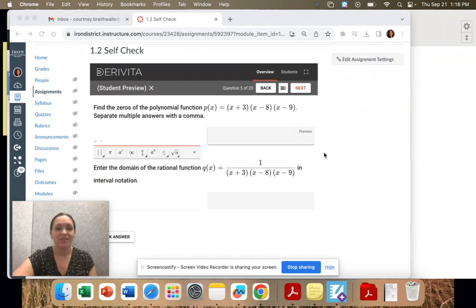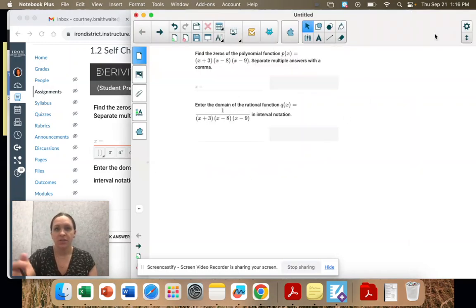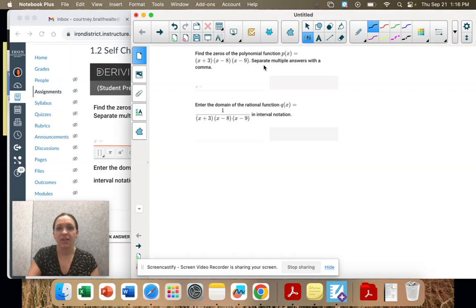Okay, 5, find the zeros of a polynomial and then enter the domain of the rational function. So I want you to notice that right here we have a polynomial, and then that polynomial is the denominator of a rational function. Okay, so that's how we find the domain, is we look at the denominator and find the zeros. So we're going to take our polynomial